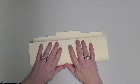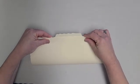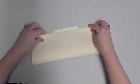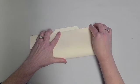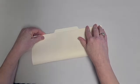And I'm going to be using a file folder. Now, I'm going to start folding and I will talk at the same time. I'll try to. Okay, so what I'm going to do is take my folder and take my folded edge and line it up with this back edge. And for me, this particular part is the hardest part of what I'm going to do, is trying to get this lined up